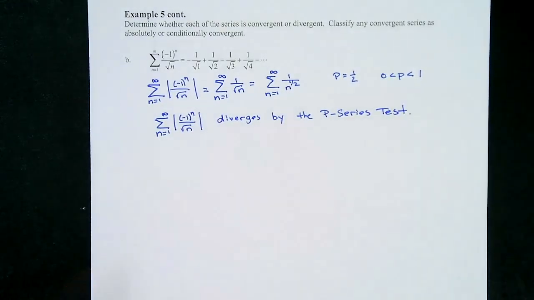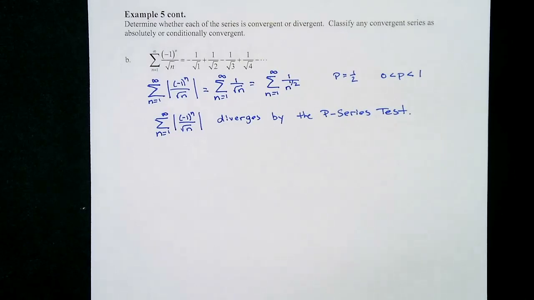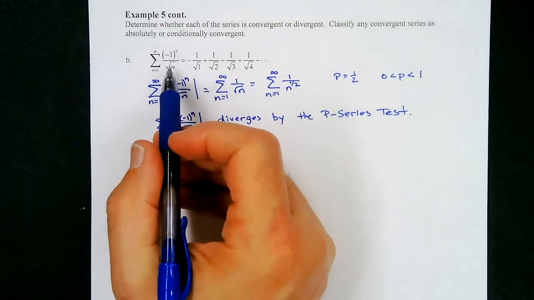Okay, so right off the get-go, we know it's not absolutely convergent, right? Because if this was convergent, then we would know the actual series is also convergent and we wouldn't have to do any more tests. So it's a quick and easy way, and that's why we want to start with the absolute value one. All right, so this could be conditionally convergent